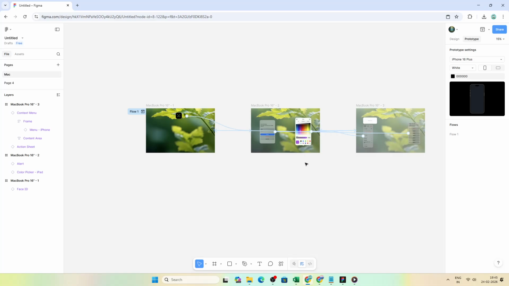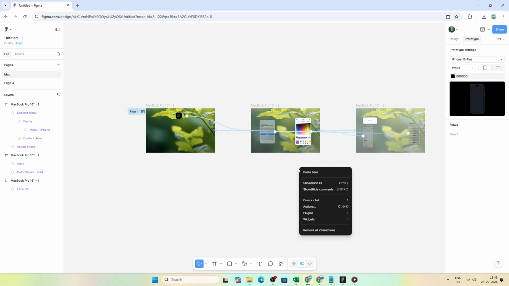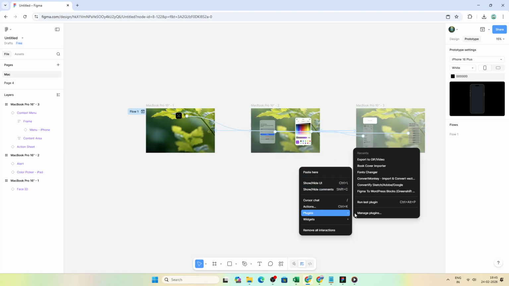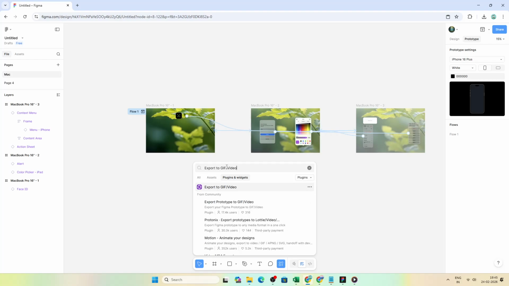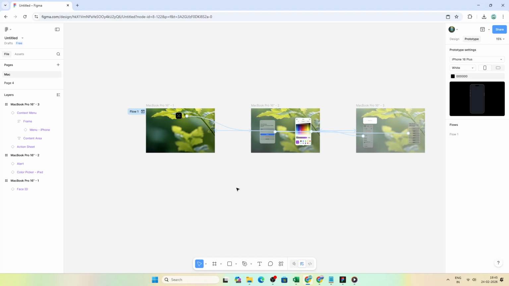With your design open, right-click anywhere on the canvas. From the menu that appears, go to Plugins, then choose Manage Plugins. In the search field, look for a plugin like Export to GIF or Video, and run it directly from there. This kind of plugin is designed to record your prototype interactions and turn them into a file you can easily